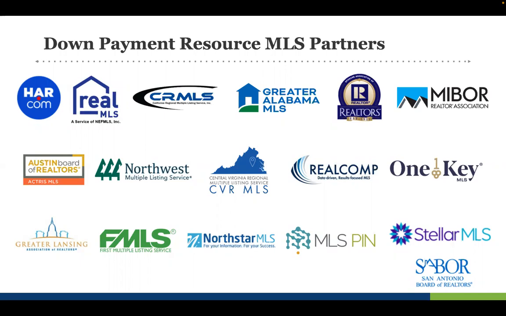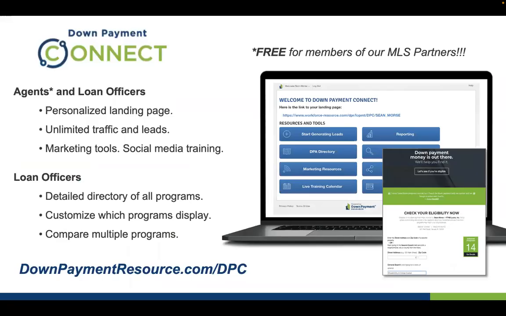To get to it, log into your MLS dashboard, look for the products menu, and it depends on your MLS, but external links or somewhere on your dashboard, you've got links to third-party tools. Find the one that says Down Payment Resource, click on it. You'll be on your Down Payment Resource dashboard. Your Down Payment Connect lead page, your landing page is waiting for you there. So again, MLS dashboard, find the third-party partners, click on Down Payment Resource, and your Down Payment Connect link is waiting for you there with additional marketing resources. And again, if you're not a member of one of those MLSs, you can explore the paid version anywhere in the country,